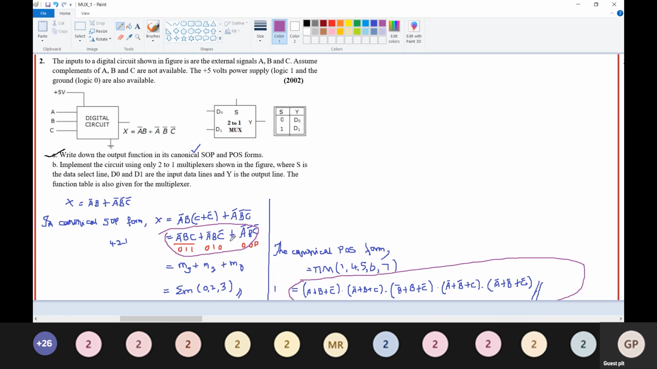Here S is the data line, that is the selection line, and D0 and D1 are the input lines, and Y is the output line. Okay. So now, to implement the given function using a 2:1 mux,